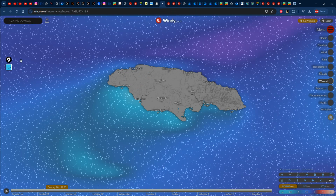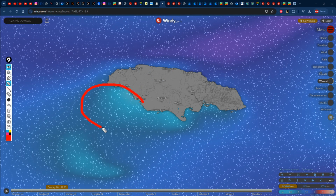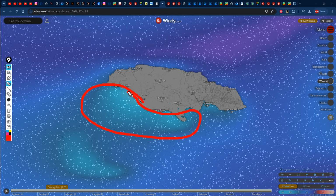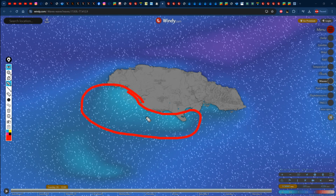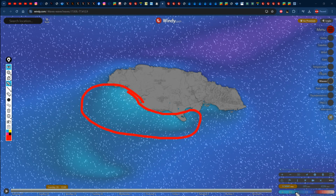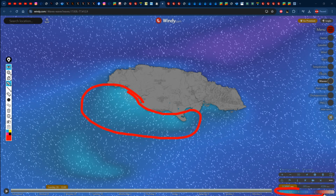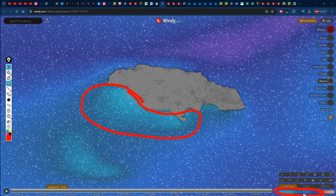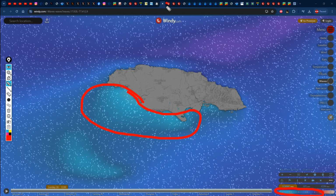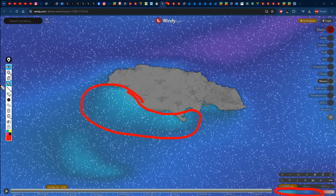As it relates to the wave forecast for tomorrow, for the past week we've been experiencing those lighter shades of blues, especially off the southern and southwestern portion of the island. Those light blues represent 0.5 of a meter wave height, as we can see by the key right here on the bottom right, while those darker shades of blues represent anywhere from 1 to 1.5 meter wave heights. And this is the forecast for tomorrow. We're definitely going to be seeing those darker shades of blues on the northern and eastern portions of the island,